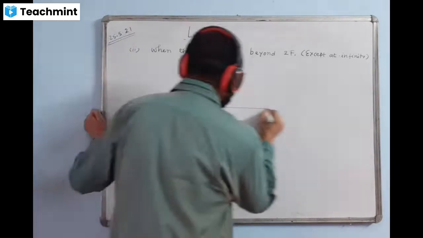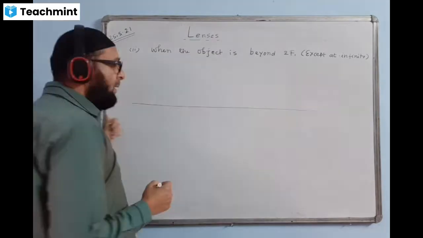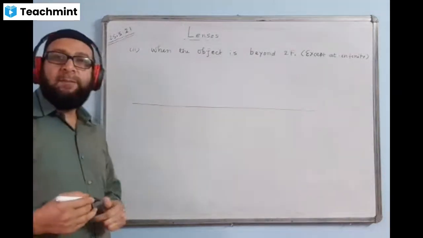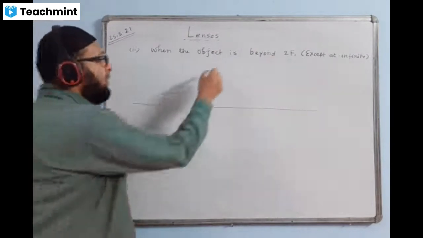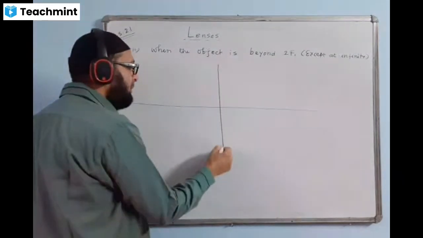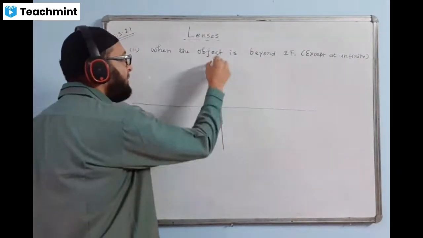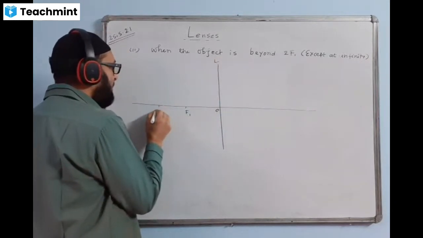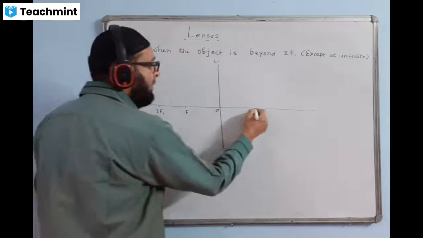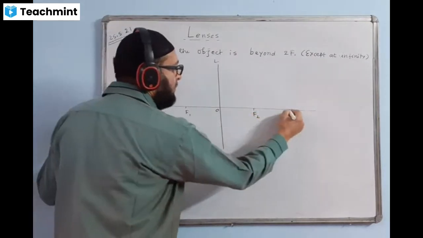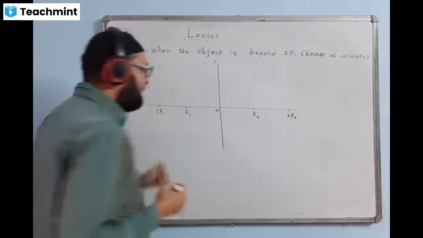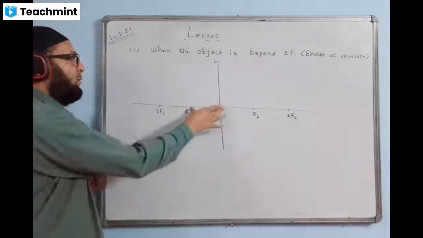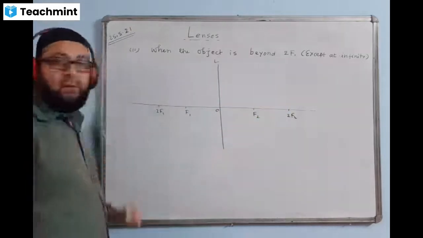Again, we'll take a line. Use one of the rule line of your ruling page. Draw a line vertical here. This is your lens, optical center is here. 2 centimeter will mark f1. Here is mark 2f1. This side will mark f2. This side will mark 2f2. Same distance. 2 and further 2, 2 and further 2.